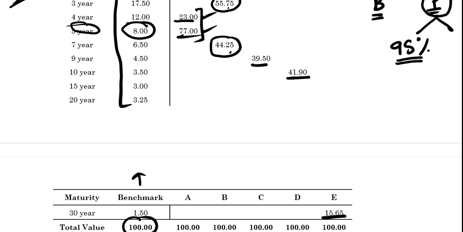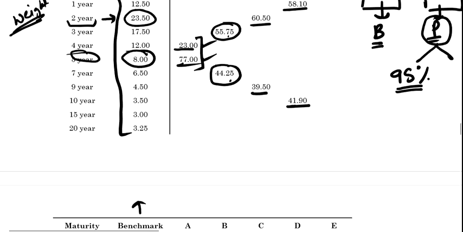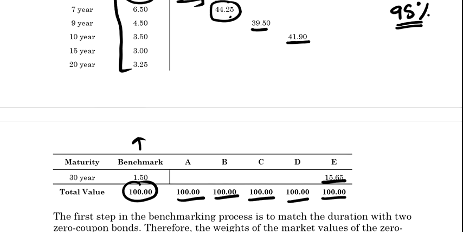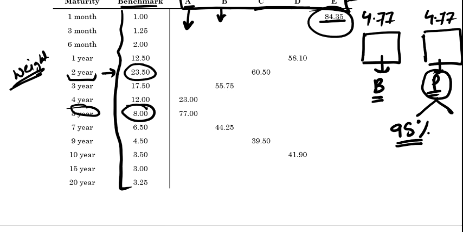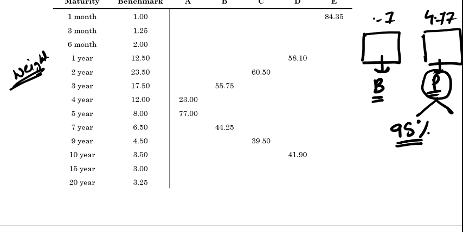Means we have invested a huge amount in the 1-month bond and a small amount in the 30-year bond, and in the end we have the total weights equal to 100. Clear? So now we got the percentage of amount that we should invest among the different maturities. Okay, through this we will get the idea of weights.